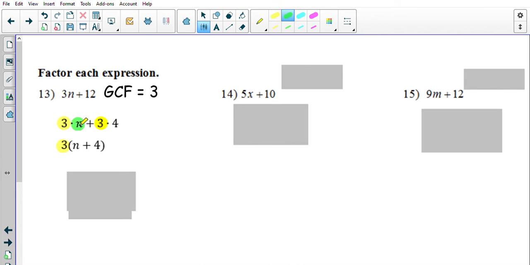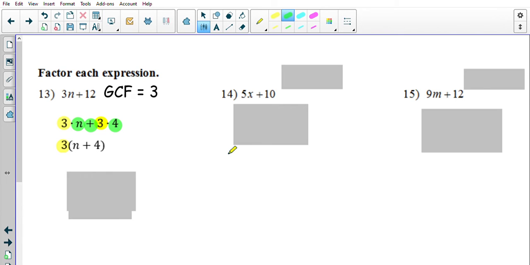When I take the 3 out, I'm left with an n, and I'm left with a 4, and of course my operation of addition. So 3 and then in parentheses n plus 4. That's factoring the expression. The one thing students get confused about is they think if it says factor each expression,